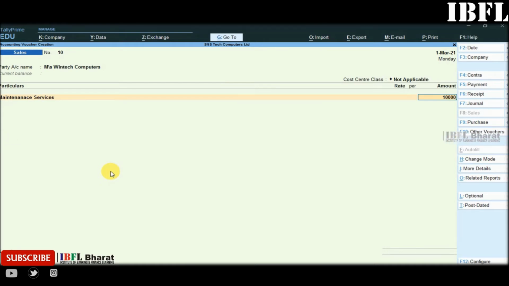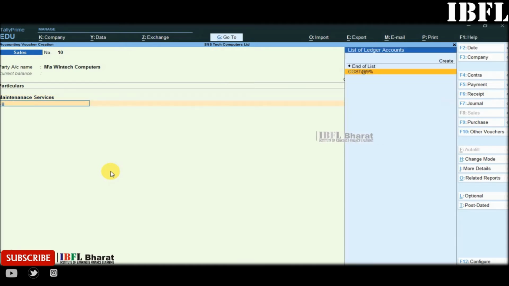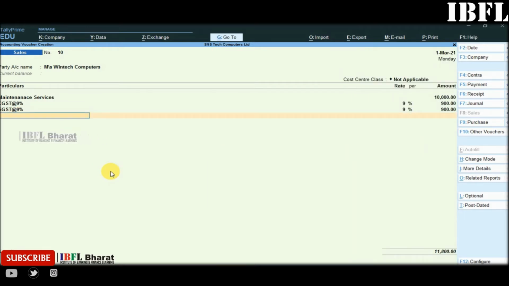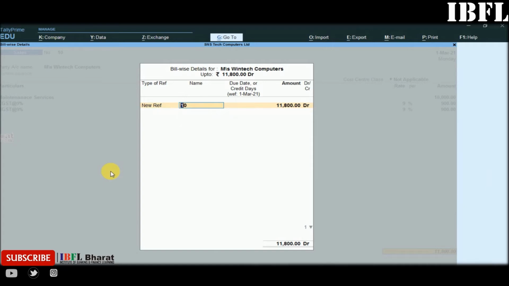After calculation we will get the maintenance services amount of 10,000 rupees, and the tax amount CGST will be 900 and SGST will be 900. The total invoice amount is 11,800 rupees, and we will put the invoice number